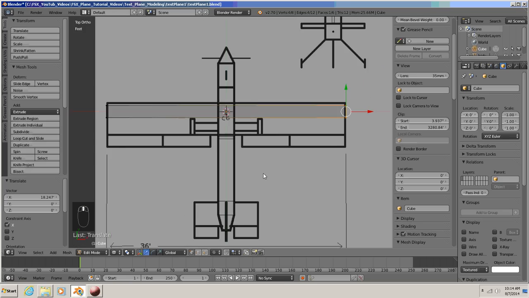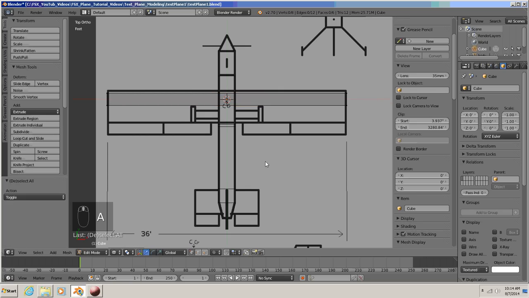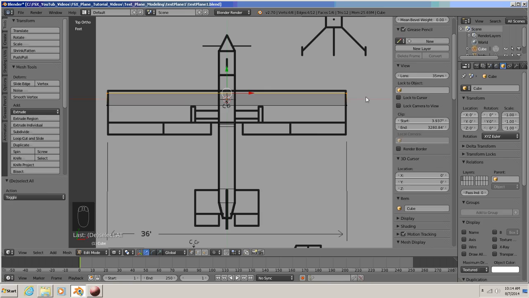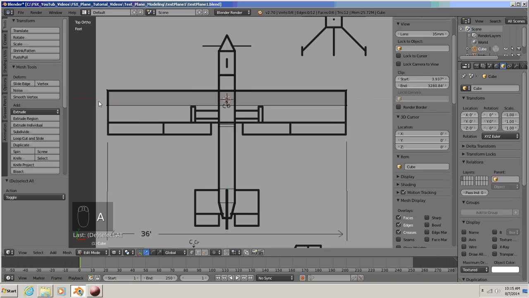Zooming out, A to unselect, B to select. We're going to select the top vertices now. G to grab, Y to Y-axis. A to unselect, B to select, select the lower vertices,